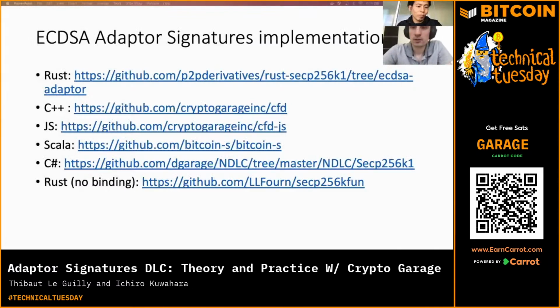Yeah, thanks, Ichiro. All right, so now I'm going to discuss a bit more of the practical side of things. First of all, I wanted to mention where at the moment you can find implementations of ECDSA adapter signatures. The first three libraries I'm maintaining. One in Rust is a fork of the Rust secp256k1 binding. We also have a version in C++ and in JavaScript, which is just a binding for the C++ version actually. So these three are based on